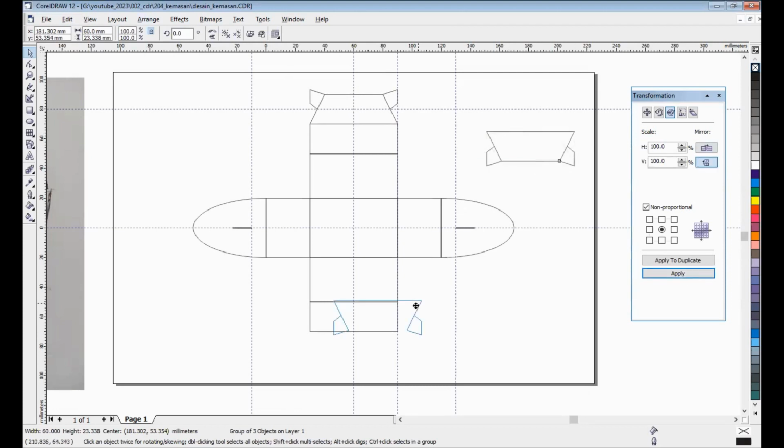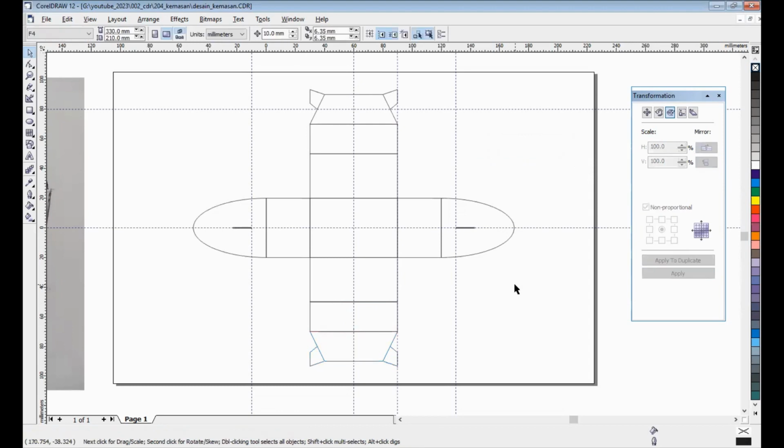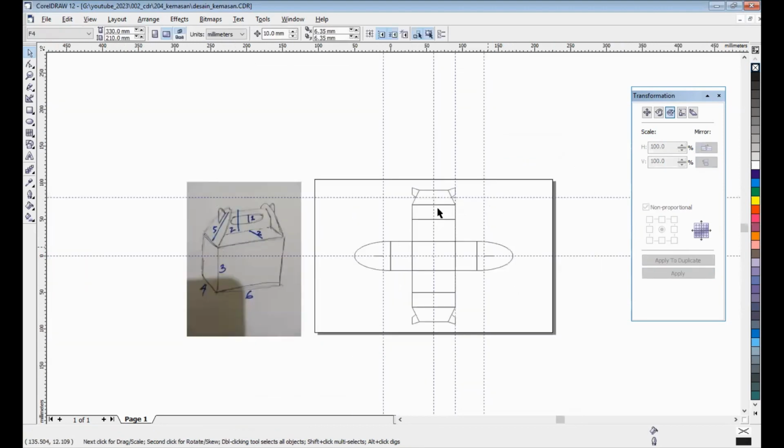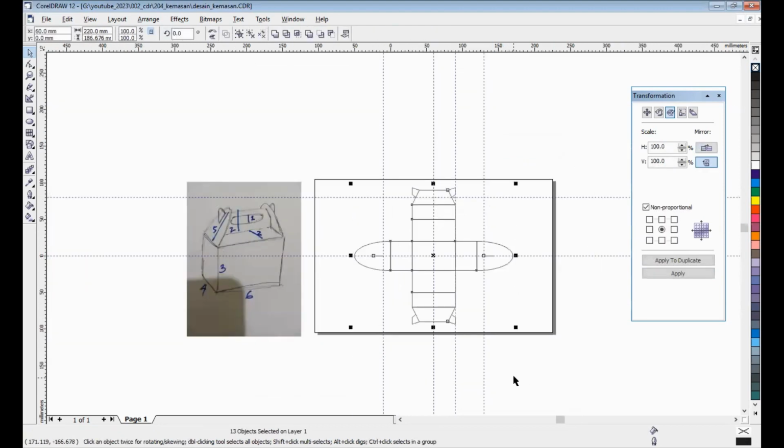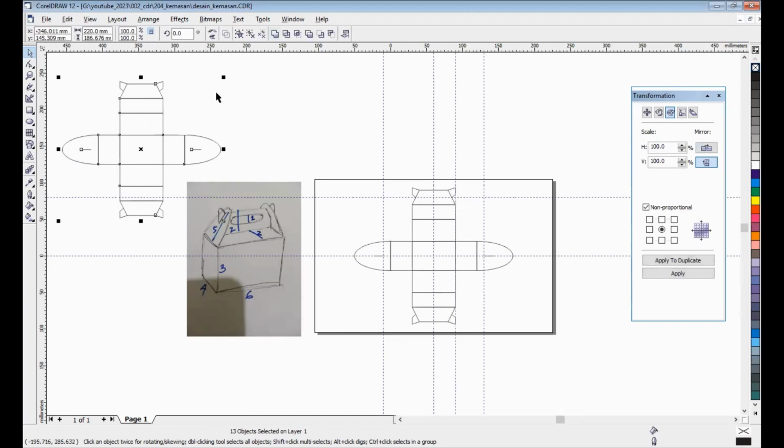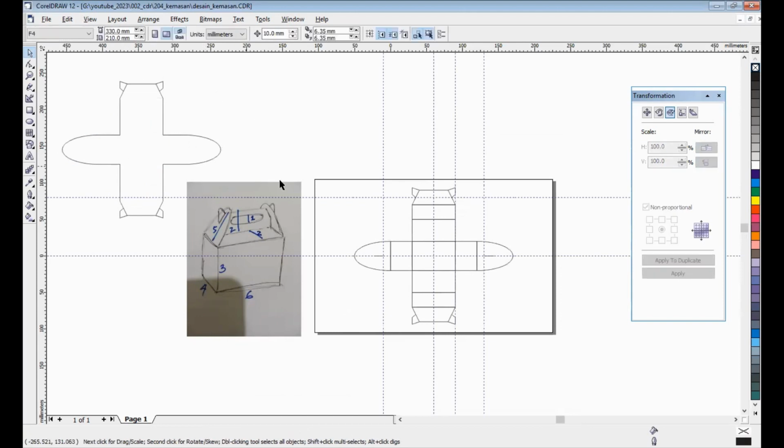Okay, here, that's finished. If we want to make the illustration, we can copy, Control C, Control V, and then we can take it like this. That's the result of the design packaging.